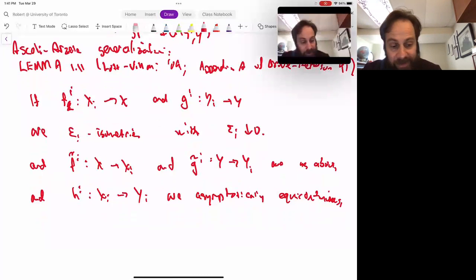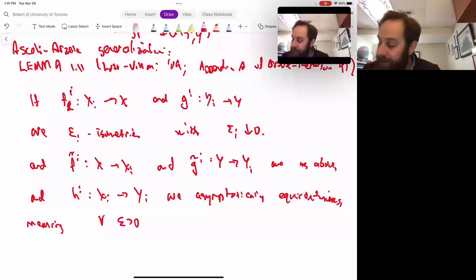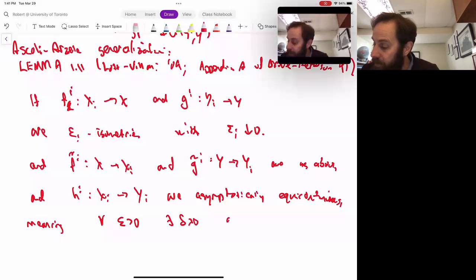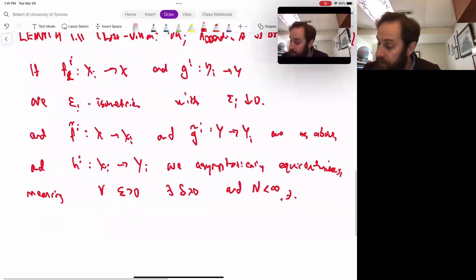And what all that means is that equicontinuity would mean for every positive epsilon, there exists a delta. And here there exists a delta and an n, such that